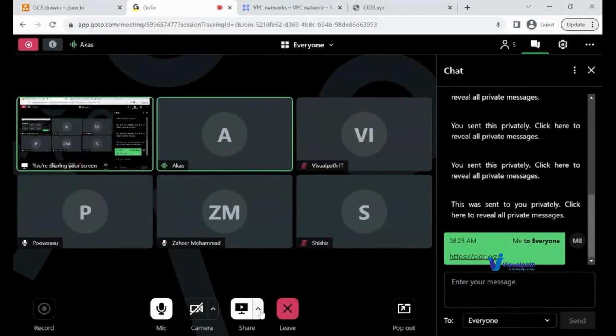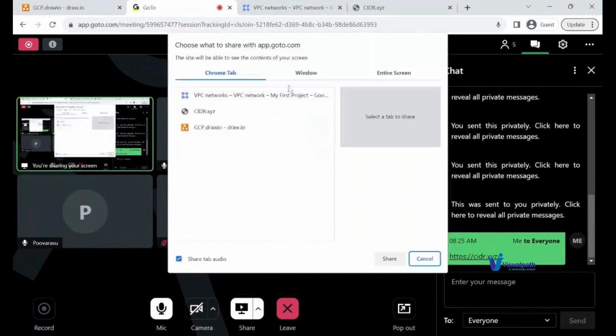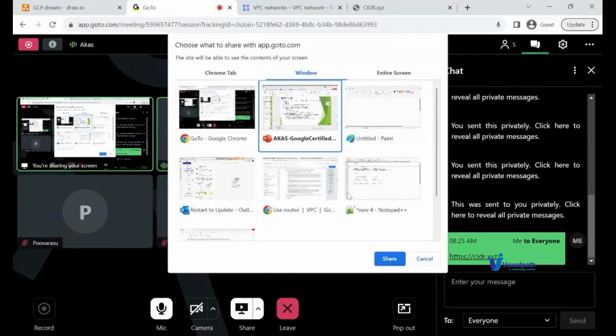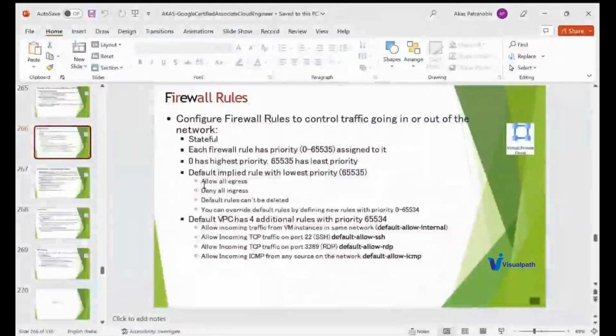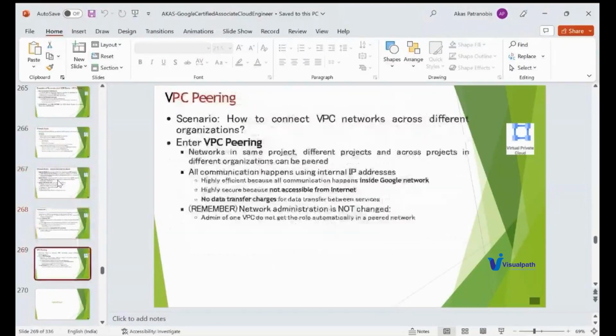Okay, so next I'll move on to two other major things. Okay, let's take a scenario example of